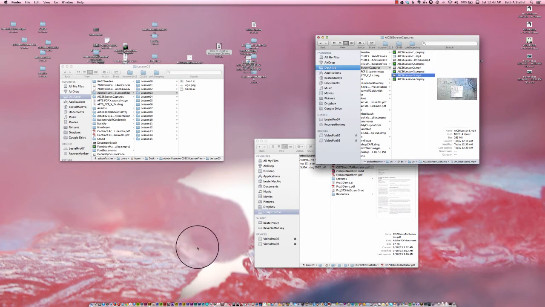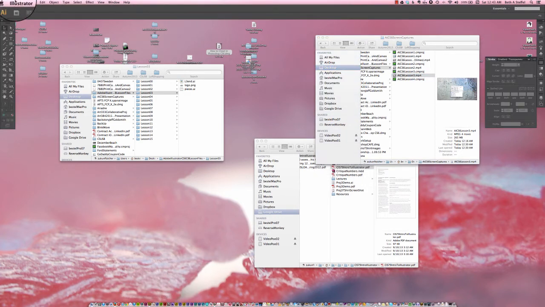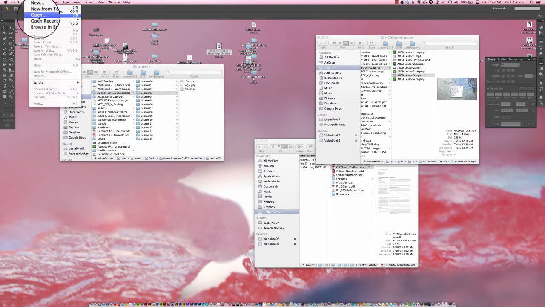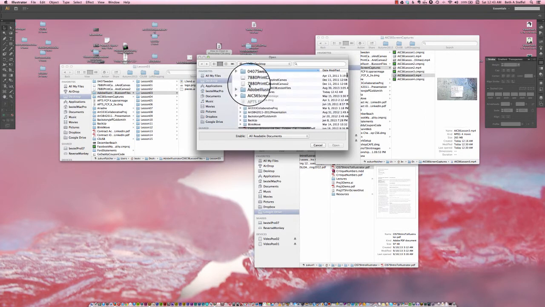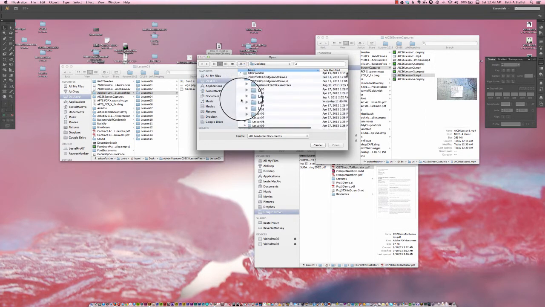Alright, so welcome to lesson 4, which is on transforming objects. The first thing we're going to do is to go ahead and open up the media file in lesson 4. So I'm going to go to File, Open. I'm going to navigate to my lesson files. I'm going to go into lesson 4, and then open up the file that's